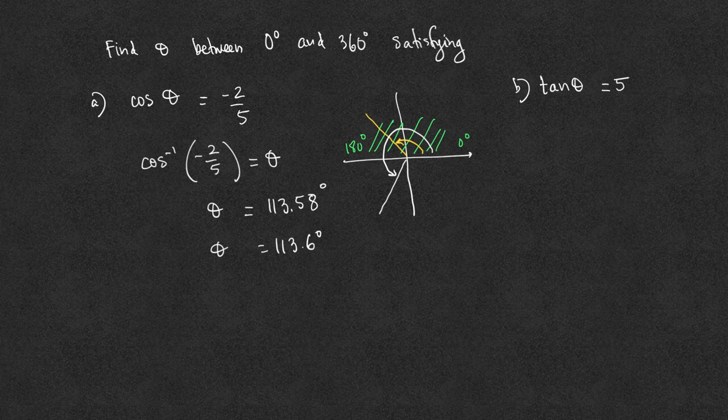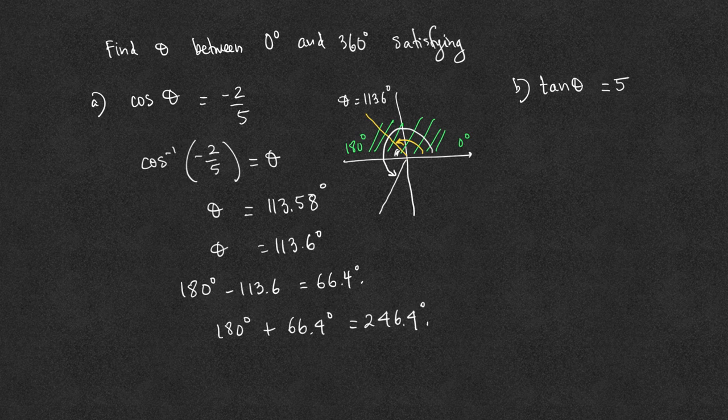We can find the reference angle from 113.6 degrees, which is the little angle here, and then add it to 180. This is 180 minus 113.6. We'll get 66.4 degrees. And again, this is the angle from 113.6 to 180. To obtain the second angle, we would take 180 degrees plus 66.4 degrees, which is